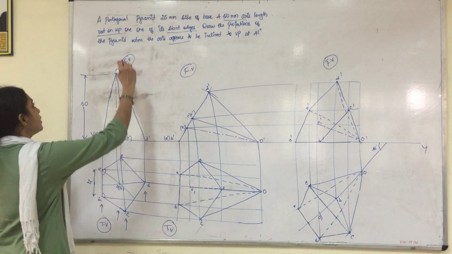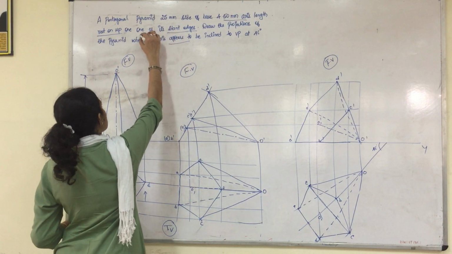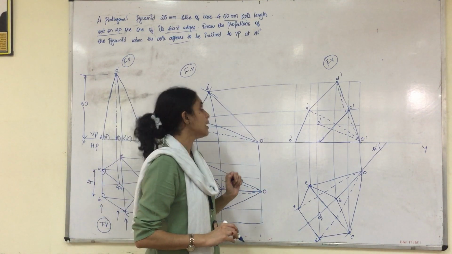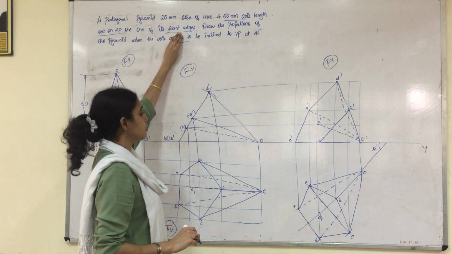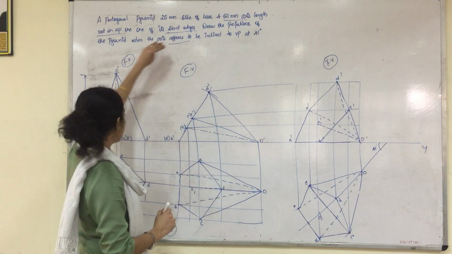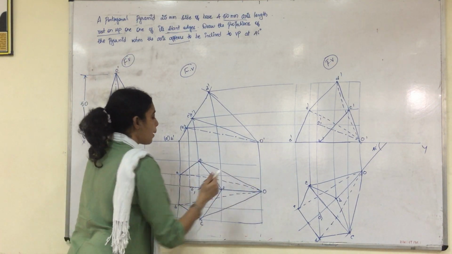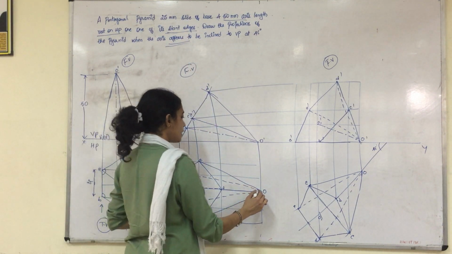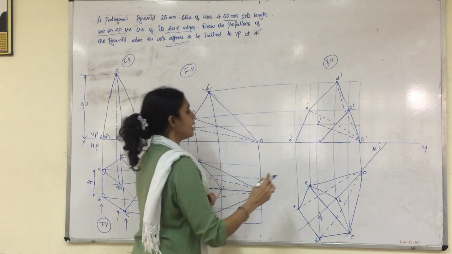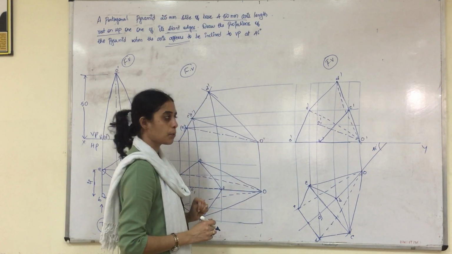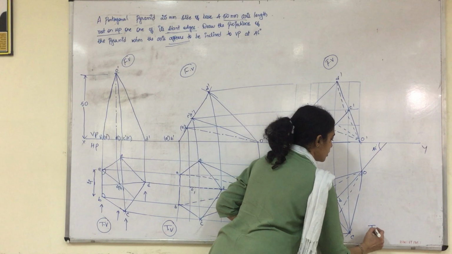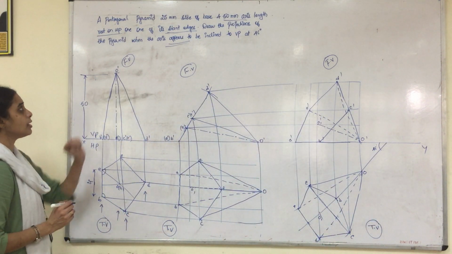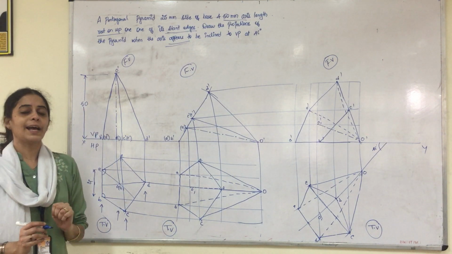And how to solve the problem in the sketchbook when the given pentagonal pyramid is resting on one of its slant edge and the axis appears to be inclined to VP. If it was given directly inclined to VP, then we would have determined the apparent angle by taking the true length first and then the apparent length. Since it appears to be inclined, we directly shift the apparent length to 45 degree to VP line and construct the final stage of top and the front view. So you should understand the complex concept, how we have to fix the initial position when it is resting on one of its slant edges.